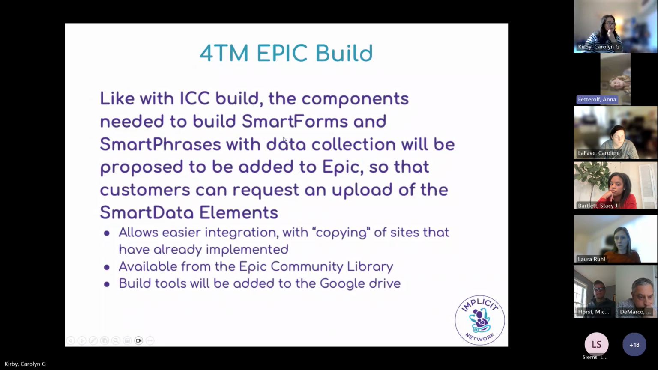So I'm going to let Amy jump in here to give a little bit of additional information on the fourth trimester EPIC build. Can you guys hear me? Yes. Great. Like with the ICC build, we are working on an application for